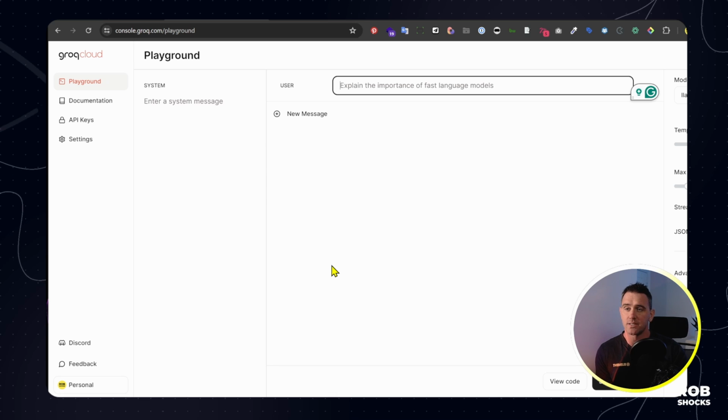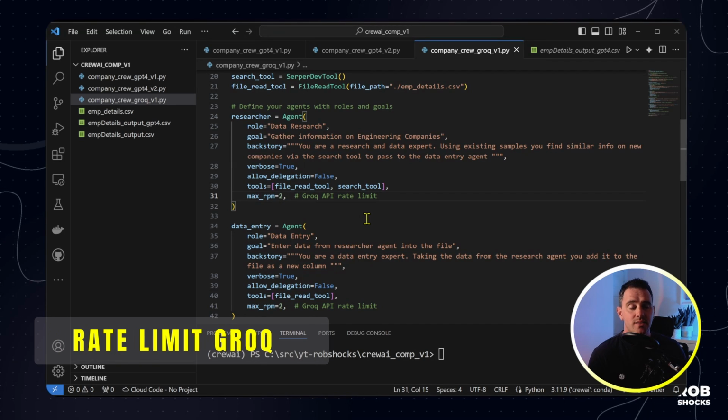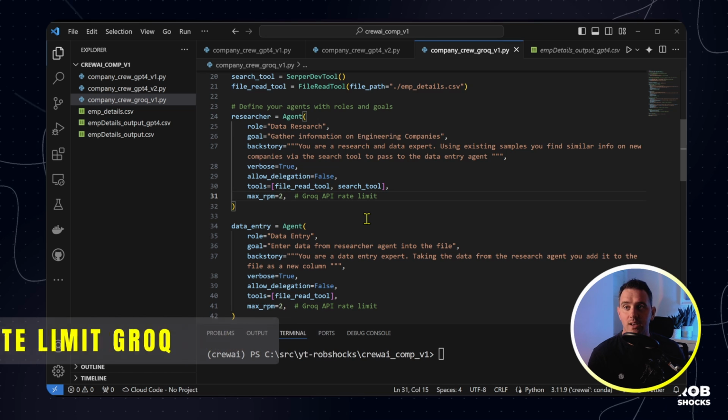Next thing you'll need is a Groq API key. So you can just go to console.groq.com/playground. Then you can get your API key and create a new key, and then you can copy and download that key. At the time of recording this tutorial, you'll often get an error where you get a rate limit